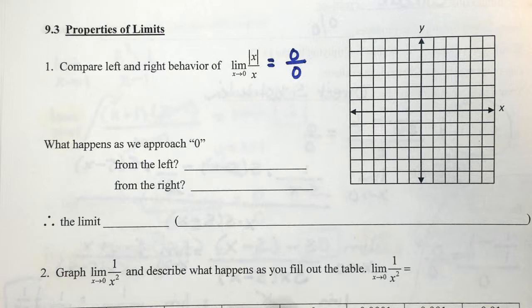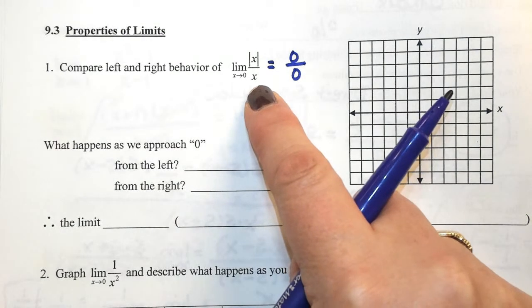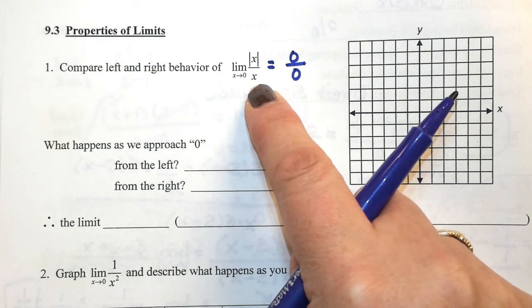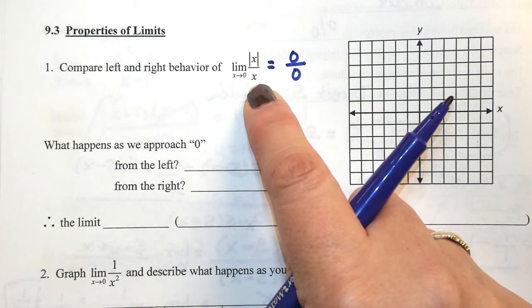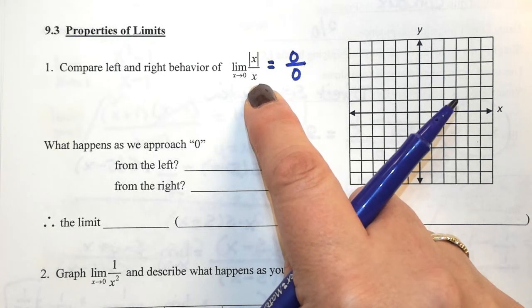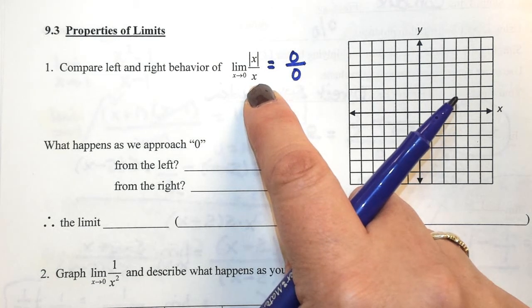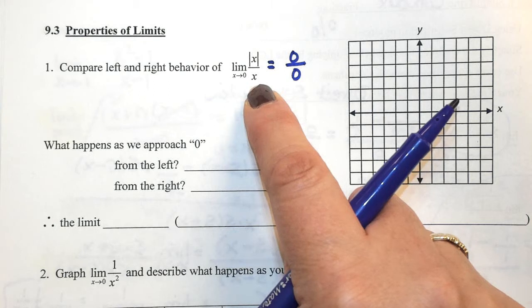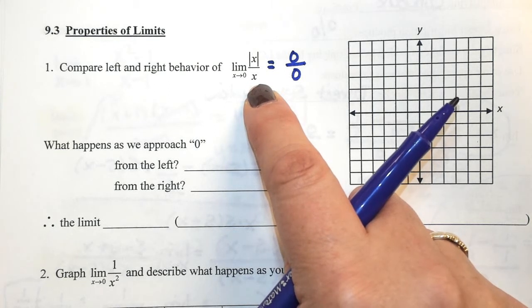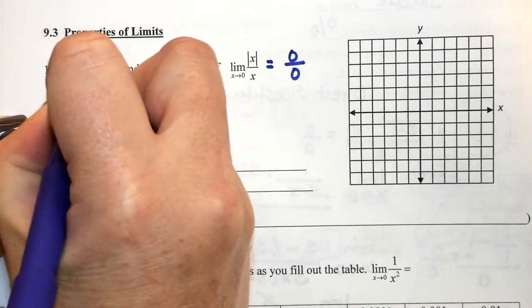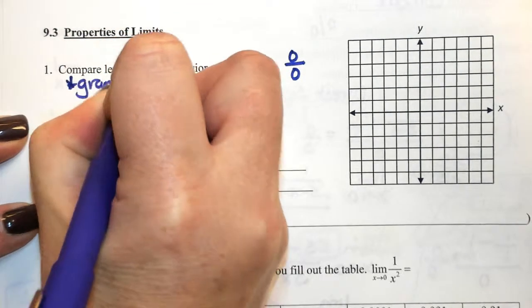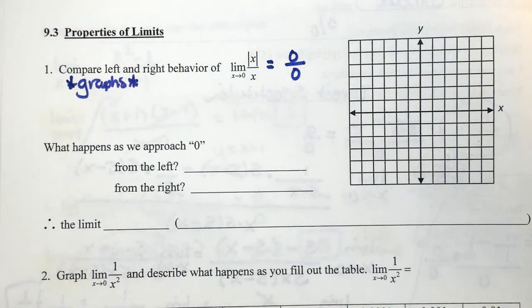The issue becomes, however, with this function, we know we have algebraic techniques we can try to find the limit. We can factor and cancel. We can simplify complex fractions. Or we can use rationals. The issue is, is there any algebra here to do in order to recreate this function? There's no algebra to do. So if you don't have any algebra to do, and you get that indeterminate form of 0 over 0, you have to rely on the graphs. So if you get the indeterminate form and there's no algebra to do, that's where you're always going to have